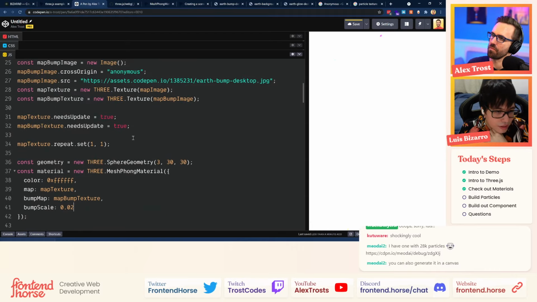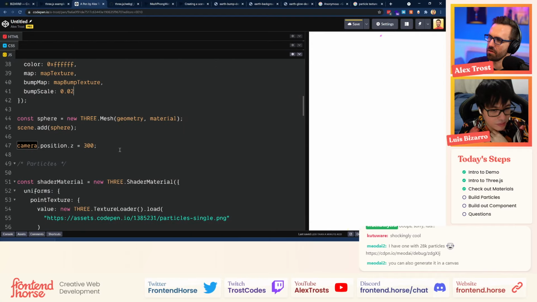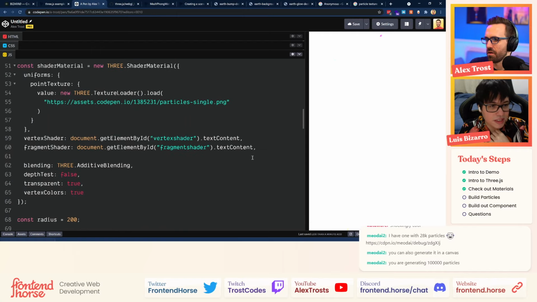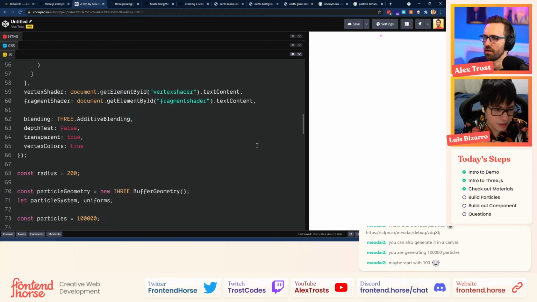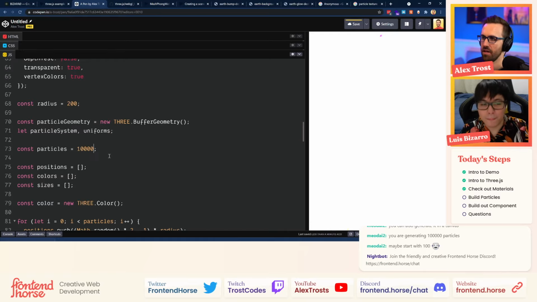That's weird. Maybe the material. Let's check. Let's scroll down the page a little bit. The code. Text reloader, that's fine. Then we have the depth test, which is also fine. So we are creating the shader here. I'm scrolling down the page a little bit more. Got it. Should we drop these particles down so that we can at least see just a few and then bump up from that?